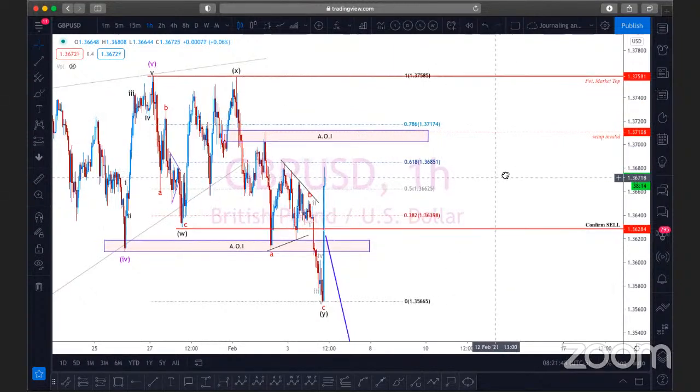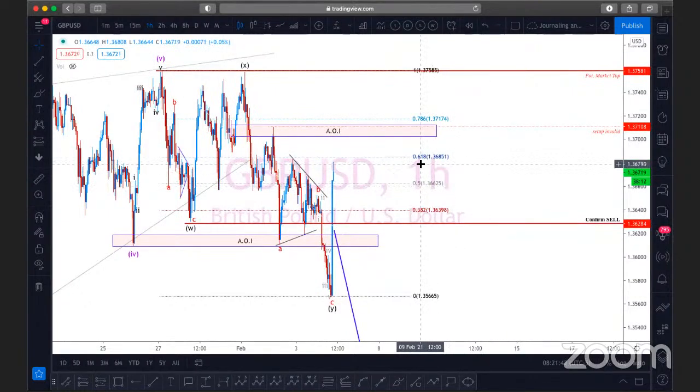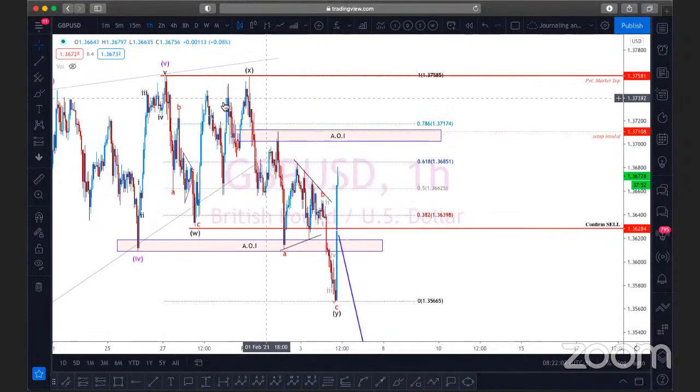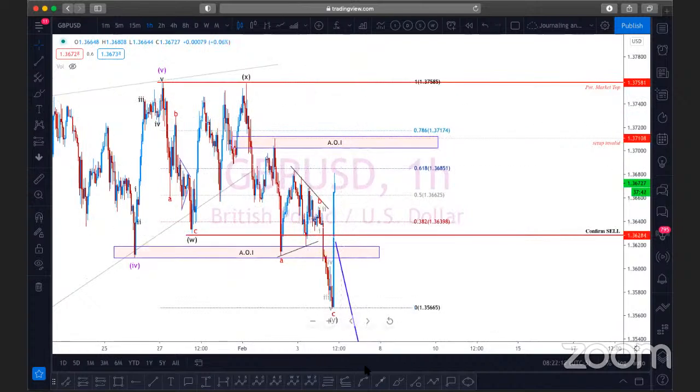However, even though we had that spike, we are still able to maintain our overall stance and our overall bias for both the pound USD and pound yen based on Elliott wave analysis. So what I simply did here is to make some changes in terms of how we would structure our wave count, right? So what we know immediately, based on the fact that we had this candle coming into the market